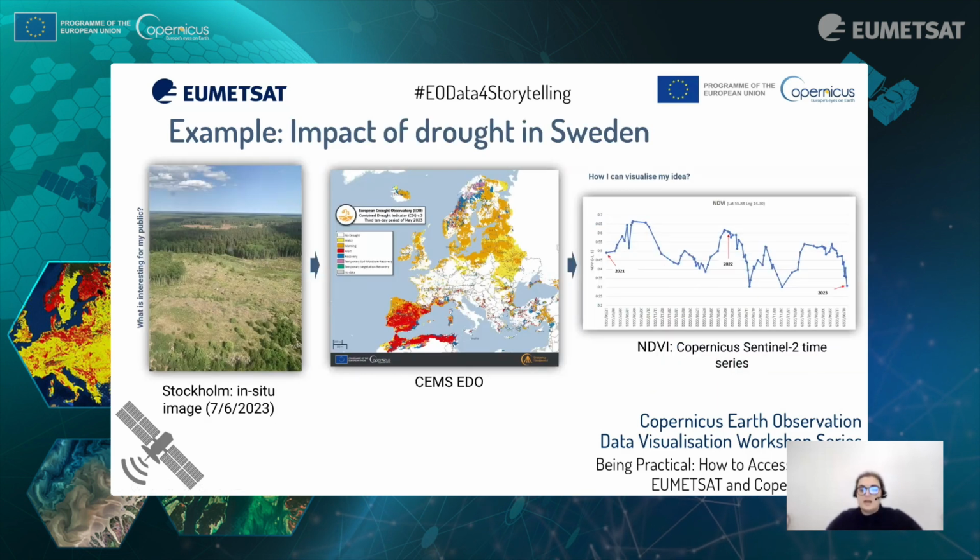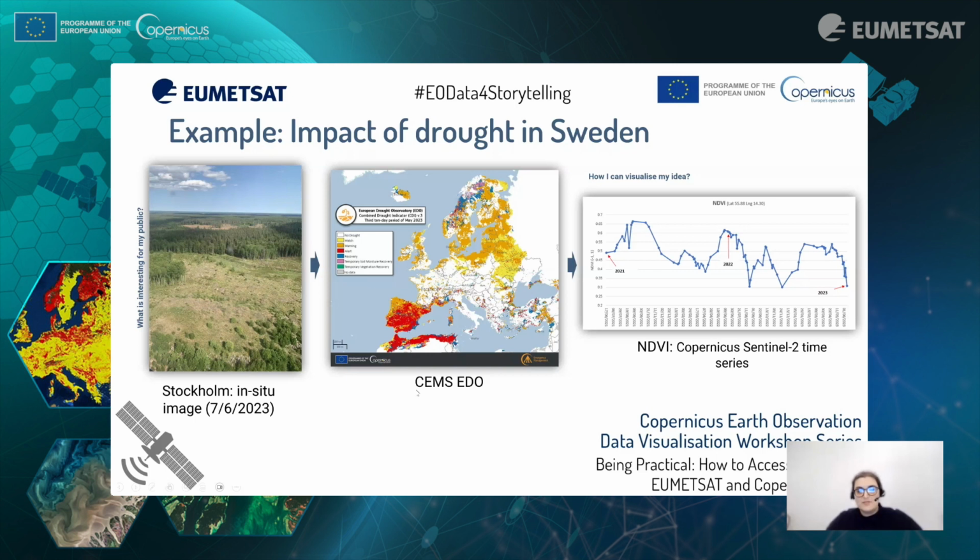So I want to explain to you, for example, one of the latest images of the day that I produced. What was the process? This is just an example. I started this production with an in-situ image that I captured from the plane in Stockholm 2 weeks ago, because I went to Stockholm for the Copernicus 25th anniversary. And if you see in the middle of the image, there is an area that is brown. And I thought, okay, what is this? And immediately I realized that it was related to the drought.